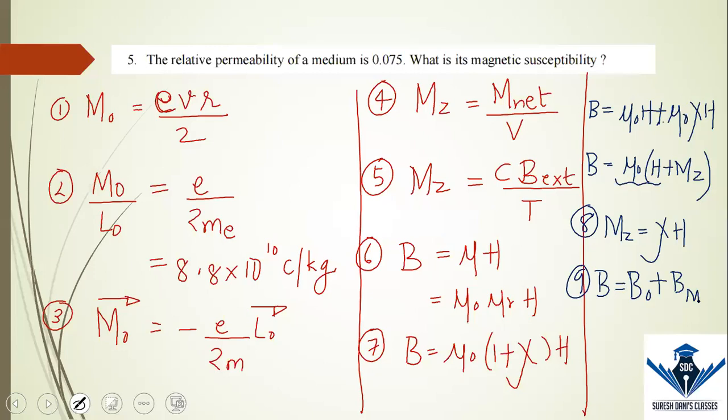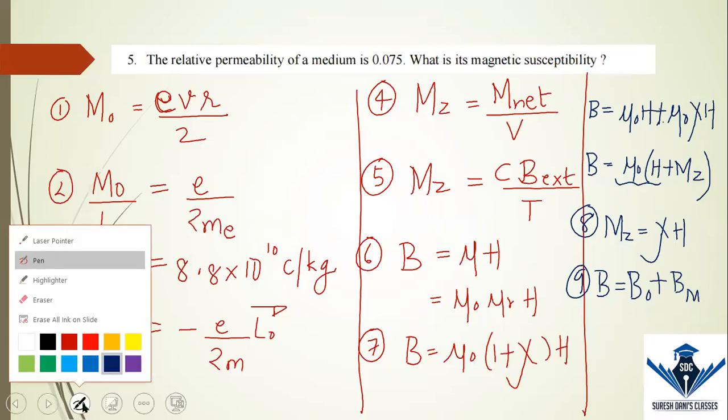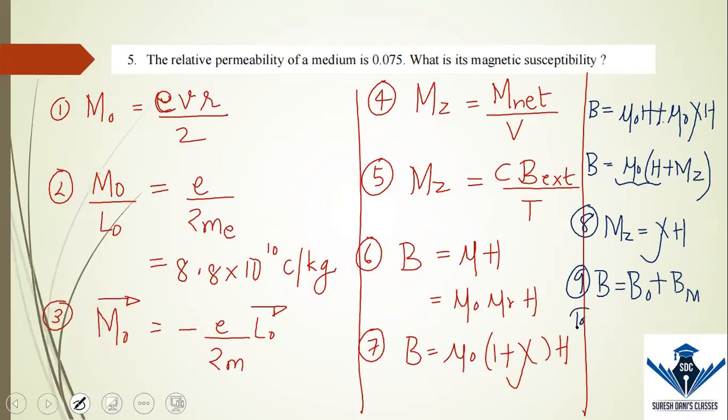Torque is obviously mB sin theta. M is small m into 2l. What is the formula of H? H is magnetic intensity. Anybody who can give me one more formula for H? Anybody remembers another formula for H? H is also given as, what we call magnetic intensity, H is also Ni. H is also B upon mu naught.